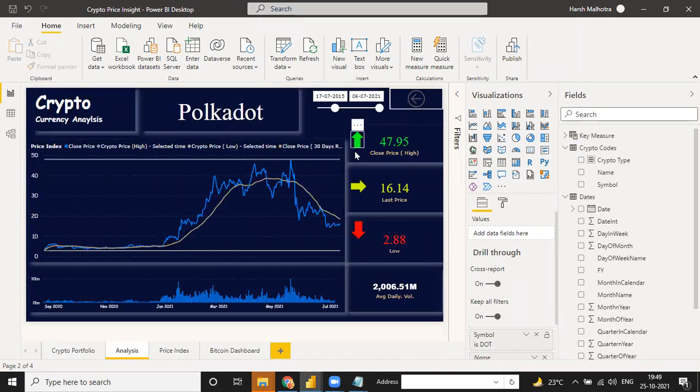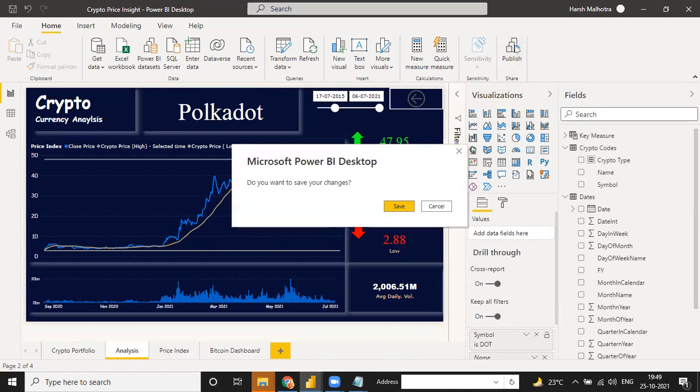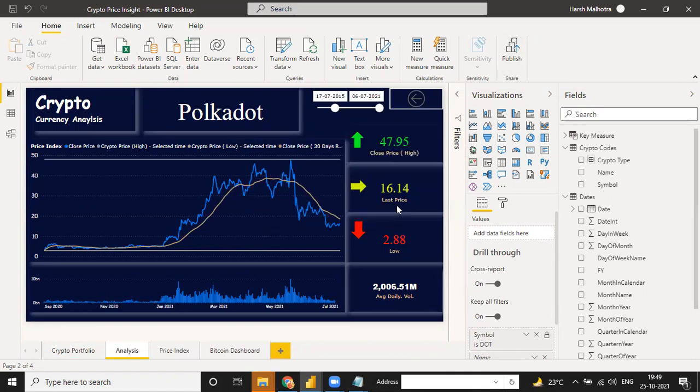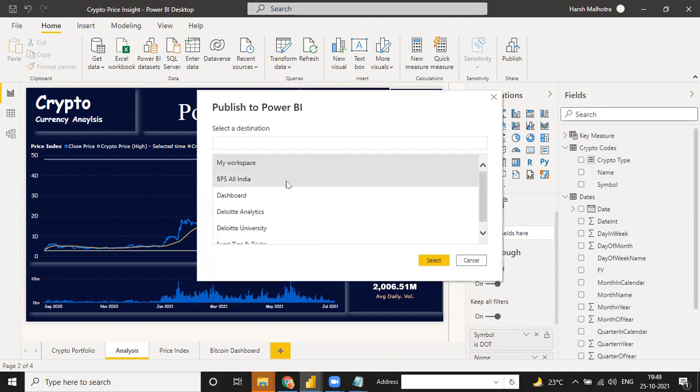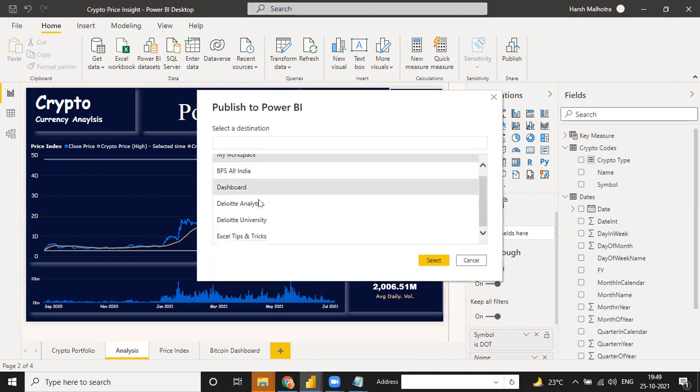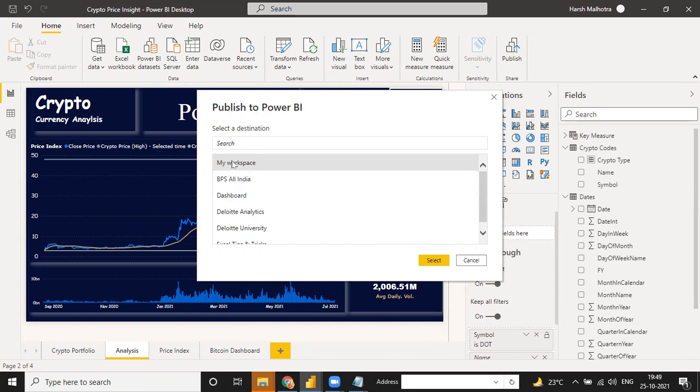So if you show this currency in Power BI service and publish this report as a Power BI dashboard, suppose I click on publish, save, see, there is an option. I have multiple options. First I add my workspace. If I click on my workspace, I also have one option here, the dashboard.